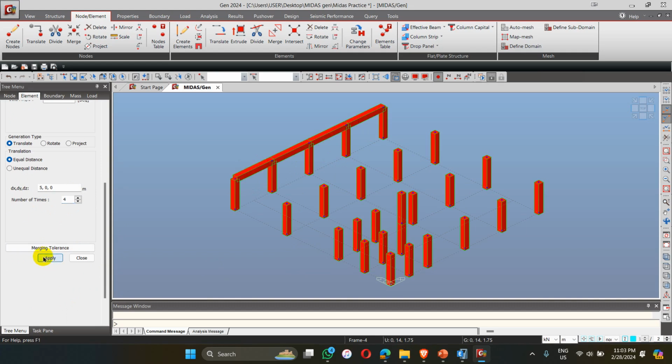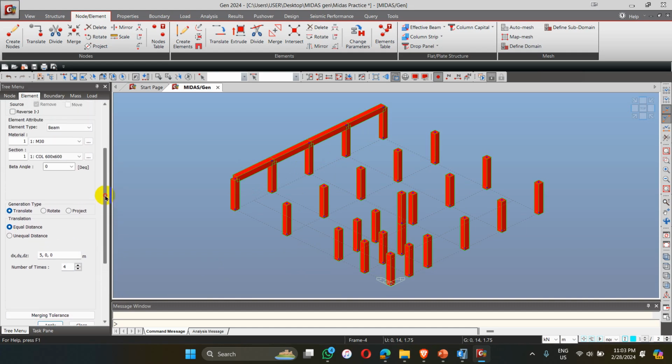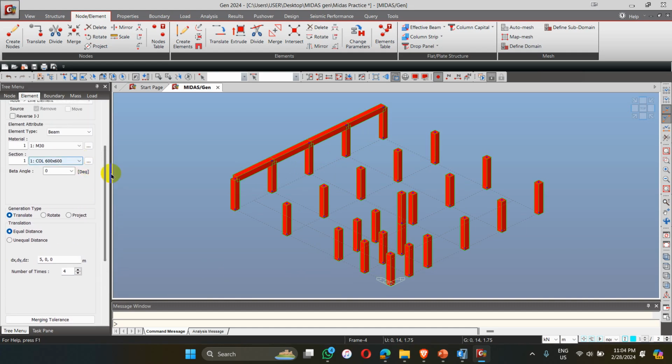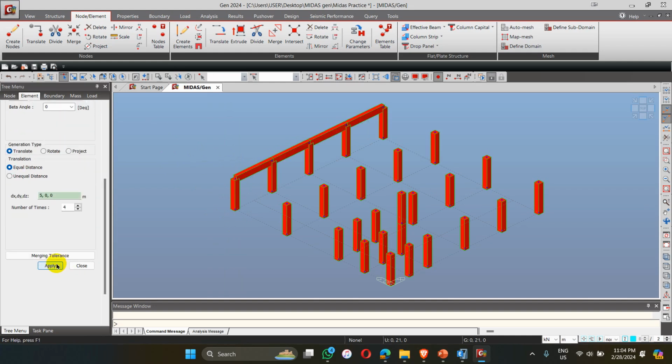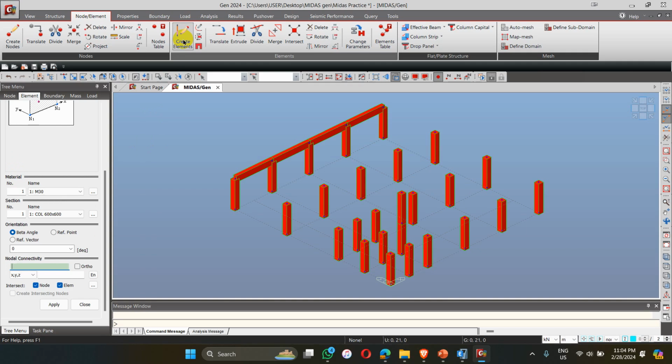So this is the beam element extruded from the node, and we have to select the beam here, but it is column. So let me redo it again. Let me select these nodes, select the beams. Suppose beams are 400 by 700. Okay. So the beams can be extruded from the nodes as well,